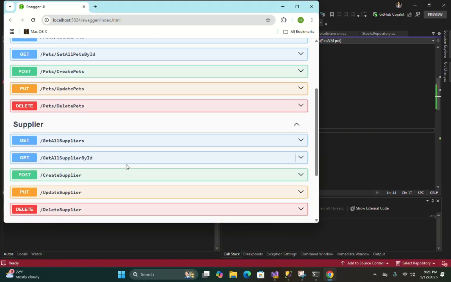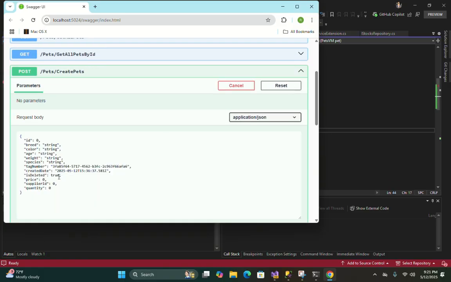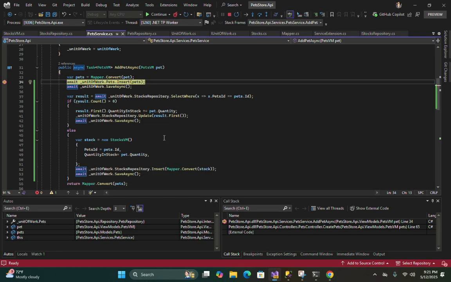And now let's try to create the pets, right? Okay, let's create it like a dog breed. Everything fine. Quantity 123. Supplier ID be like 1. Price be like 123. And just hit the execute button.